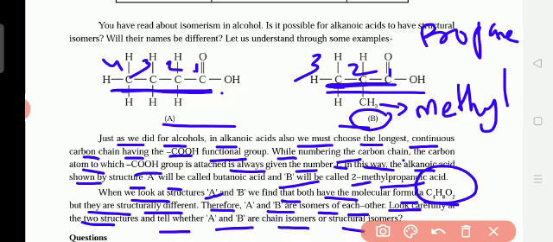Chain isomers means here 4 carbons, here also 4 only will be there, but the group will be shifted. It can be added to the second or third, but in the case of the COOH group, it is attached only to the first carbon. So here molecular formula is same for both. It is C4H8O2 only, but their structure is different. Okay, structure is different. So it is called not chain isomers, it is structural isomers.